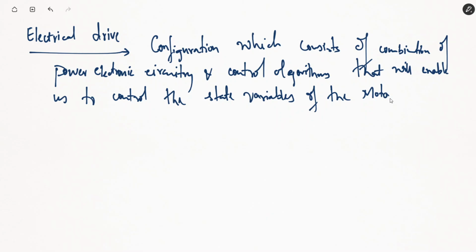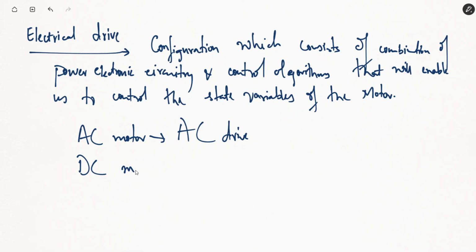अब ये AC motor हो या DC motor हो, if it's an AC motor, if we are controlling the variables of an AC motor, accordingly the drive setup is known as an AC drive. Now if you are controlling a DC motor, accordingly जो आपका drive होता है उस total drive को हम DC drive बोलते हैं. Fine. So we have a fixed speed drive and we have a variable speed drive.